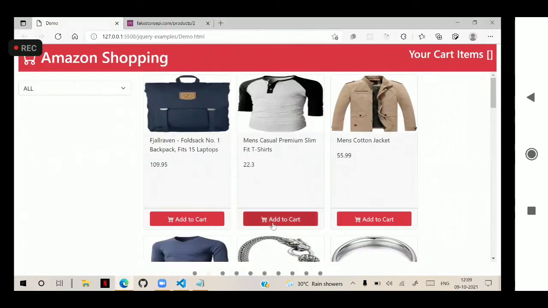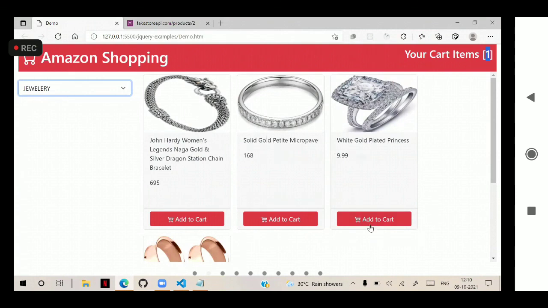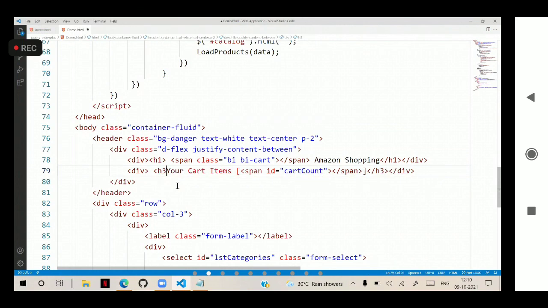I select and add, and it says one item in the cart. I choose any particular item and I click add, then we have 2 items in the cart. And you can design the rest of the work now. Now, when I click on that button, you can make this clickable. You can keep it in a button instead of keeping it in a span. So instead of using this, use a button.